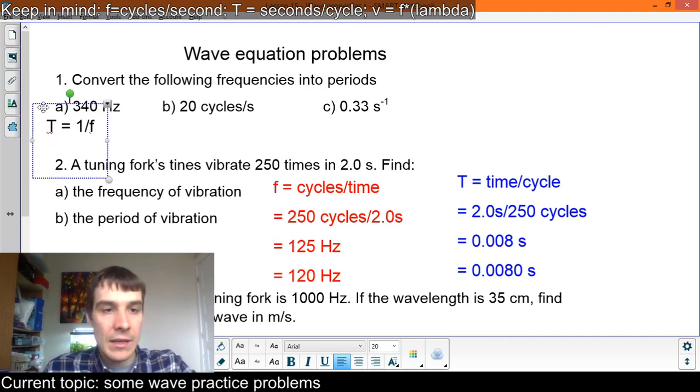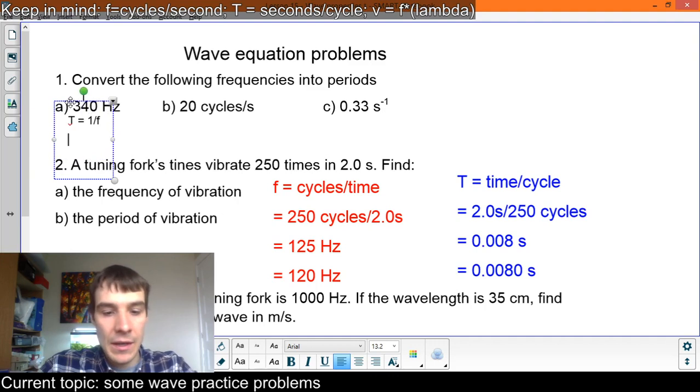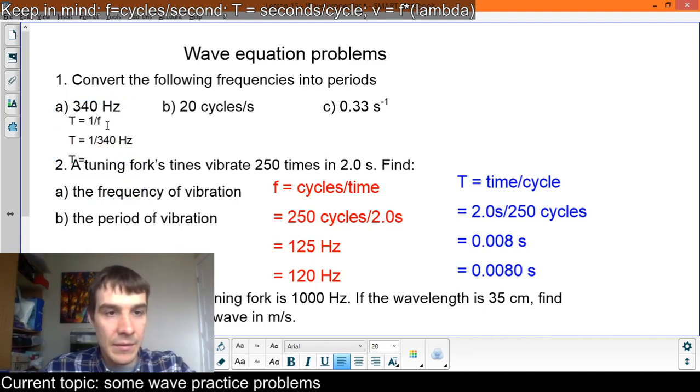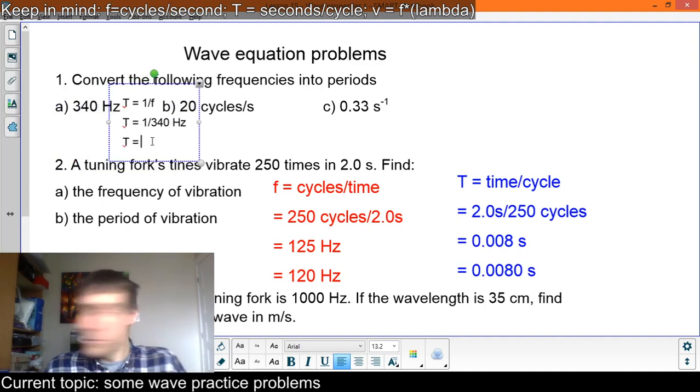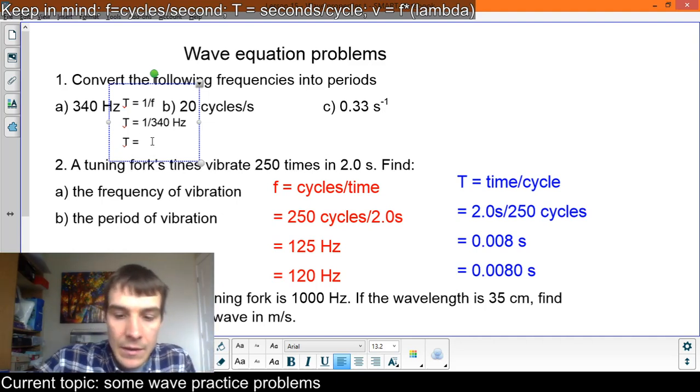I'm going to shrink that. There we go. Period is 1 over frequency. Period here is 1 divided by 340 hertz, which is a very small number. So 1 divided by 340. Let's grab the calculator, which I put over here. 1 divided by 340 is 0.00294